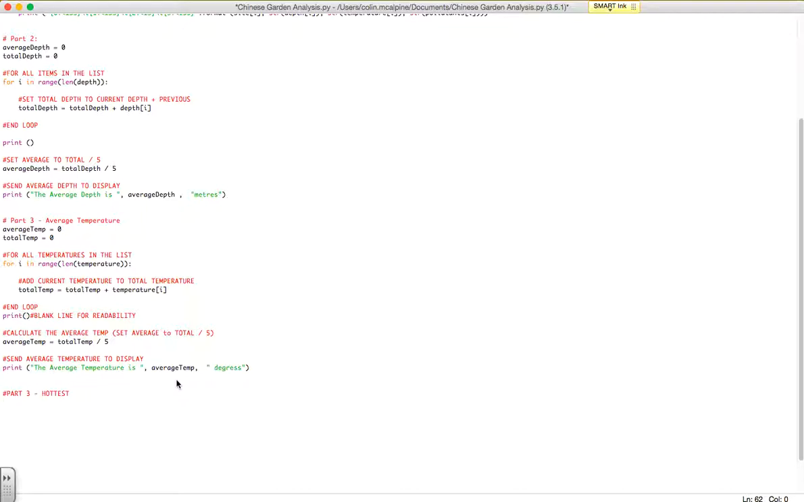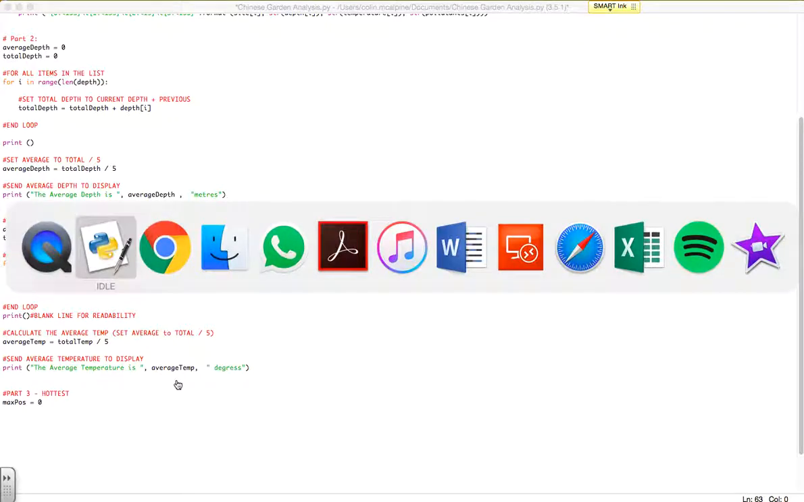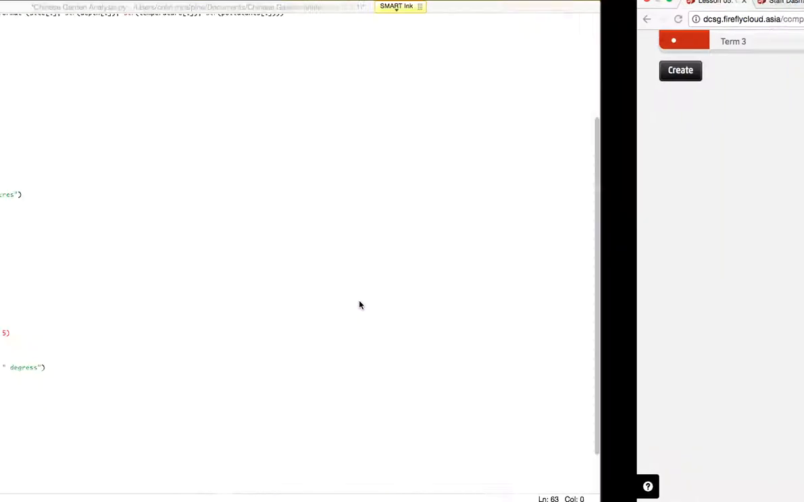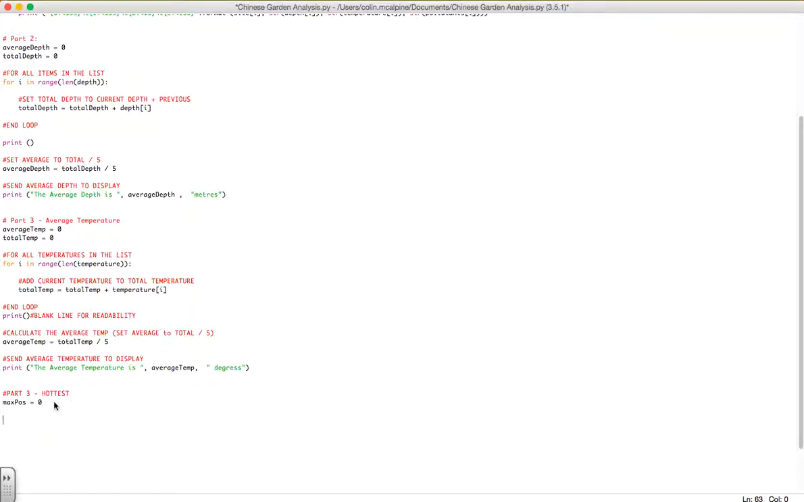sub-procedures at all. So we want to get the hottest, so I will do max pos equals 0, and that should be enough, I think, to get this. Does it say about displaying the name and reading the temperature? So if we find the position of the highest, then that's all we need here. So for all temperatures